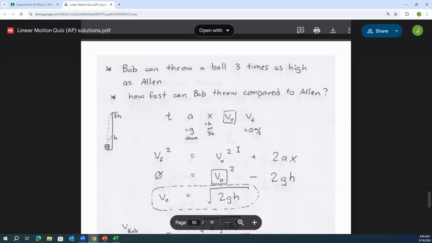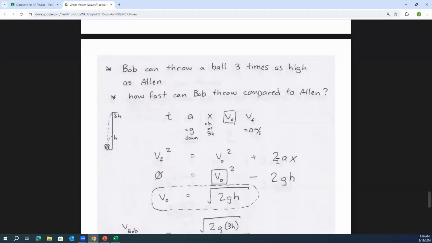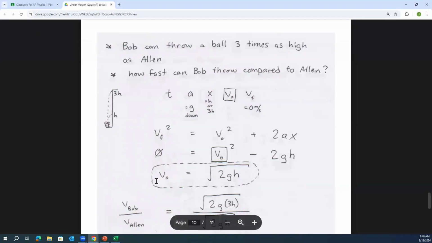At some point, you're going to stumble across this equation here, the third kinematic formula, the one that's time independent, sometimes you call it. Okay? And so, here's your throwing speed based on throwing height. So if you know how high you can throw, you know exactly how fast you can throw. Is that right? Now, guys, take a look at this: 3 times as high. If you and a friend get together, one can throw it like 10 meters high, the other can throw it 30 meters high. That's 3 times as high.